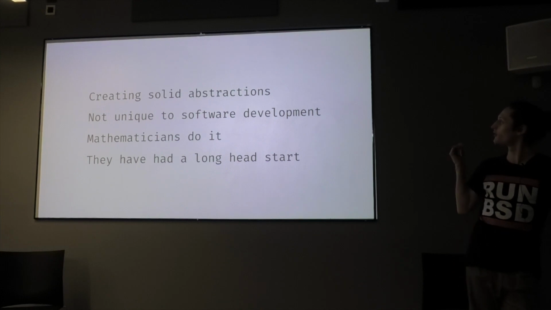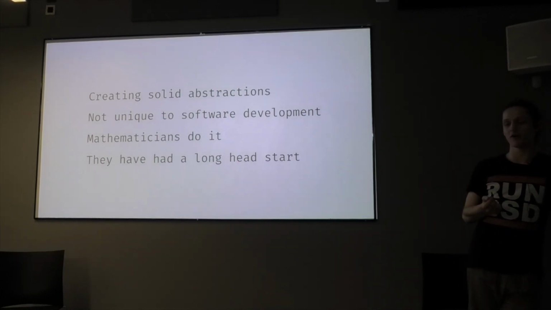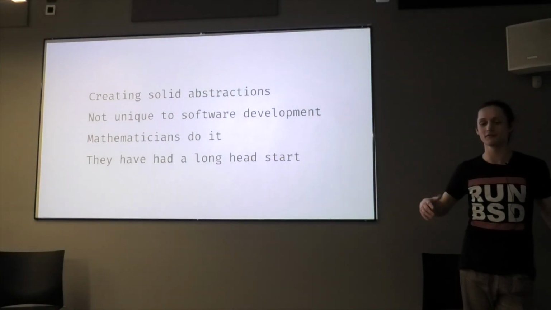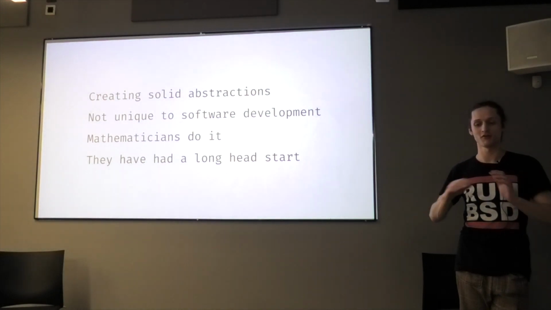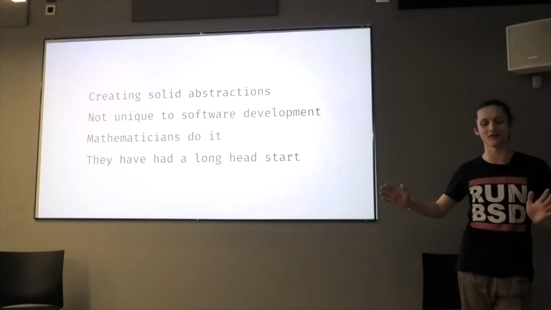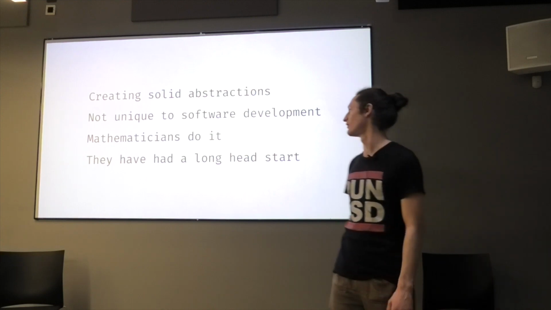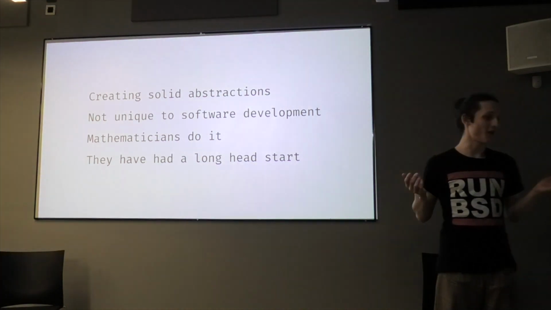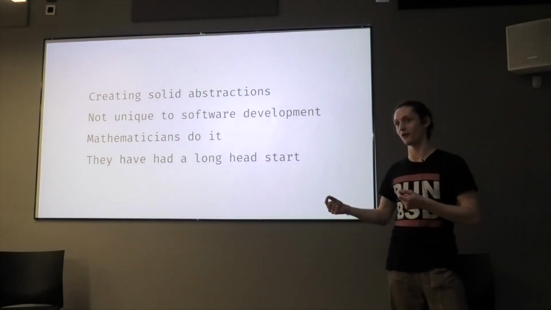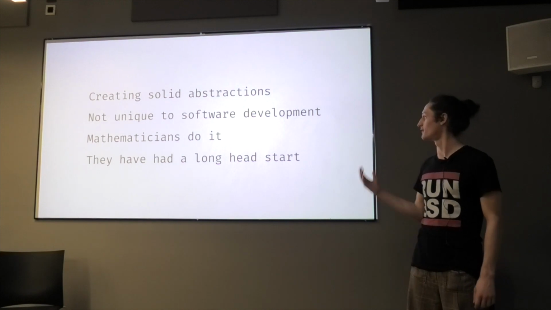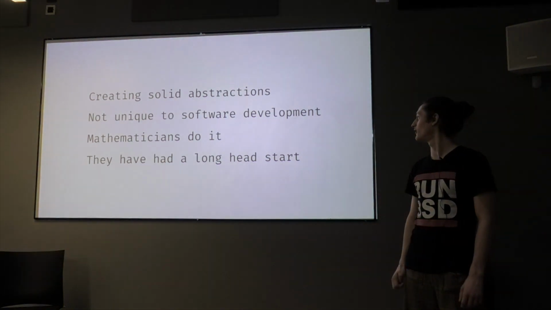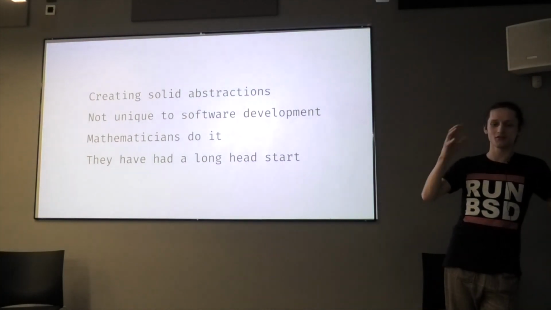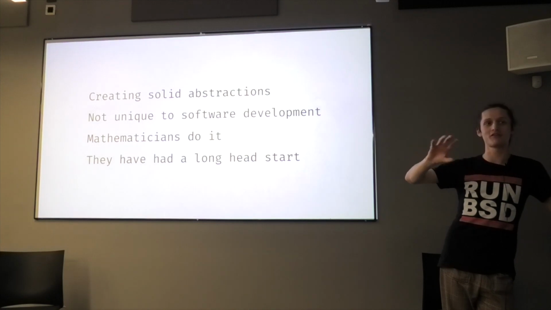And of course, abstraction isn't a new thing. Mathematicians, for example, have been dealing with the problem of how to simplify complex systems for hundreds of years, way longer than computers have existed. So we should copy them. And the idea of a function in the functional programming sense, a pure function, is basically stolen from mathematicians, and it's a very good abstraction because